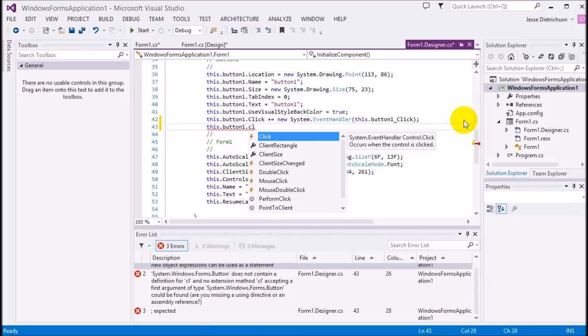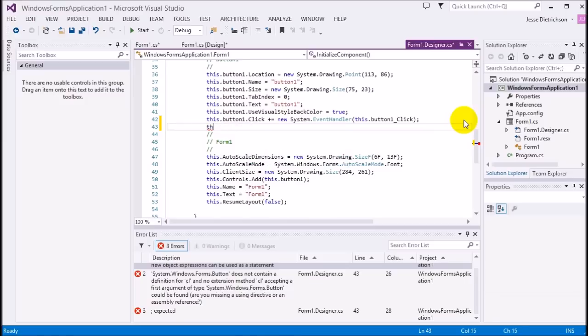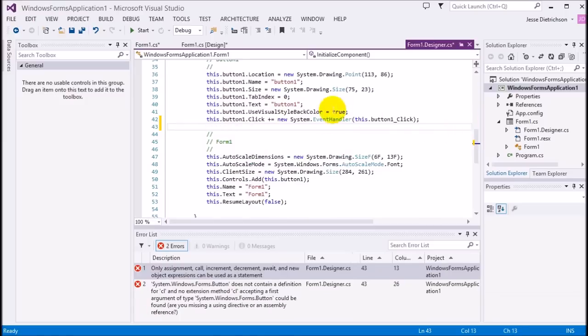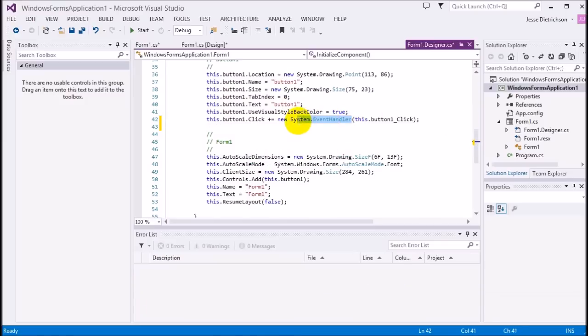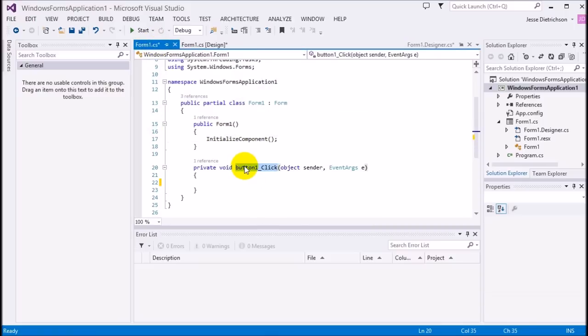So click, and then they subscribe to it by saying, okay, this is our event, our delegate event handler, which we'll get to in a second, and we're passing in this function as our event handler, this.button1_click. As you can see, button1_click is right here, and these are the